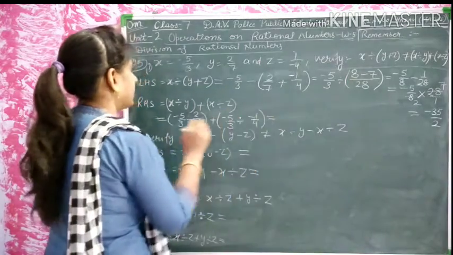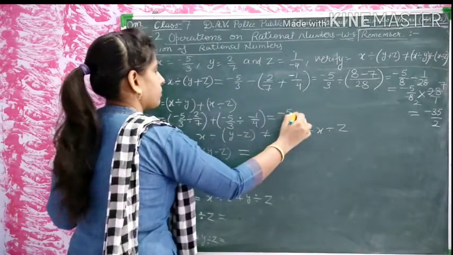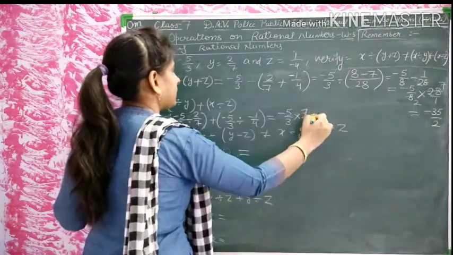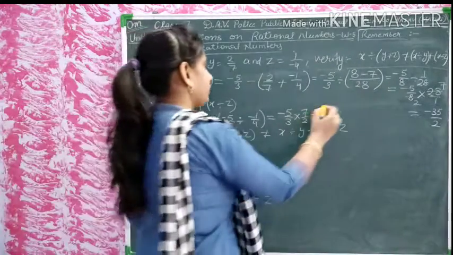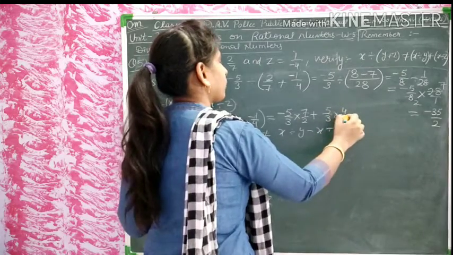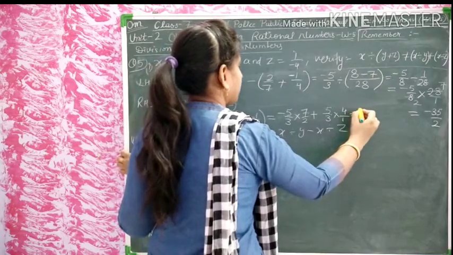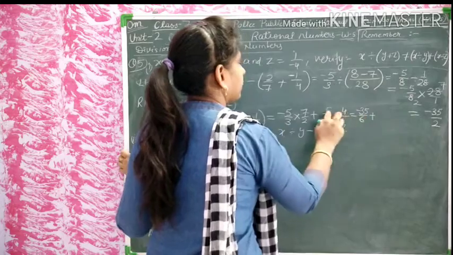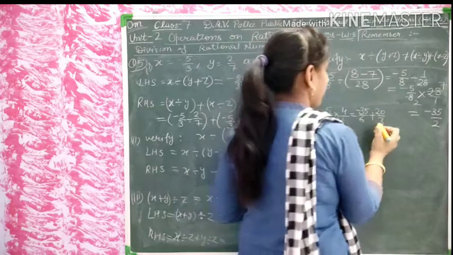And here divide changes into multiply with its reciprocal, minus 5 by 3 into, we solve it, 7 by 2, and plus minus and minus, minus 35 by 6 and plus 5 4s are 20 divided by 3, and we will solve it as